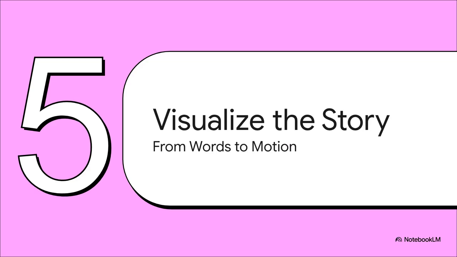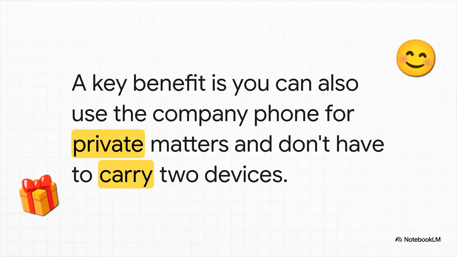All right, we have our theme, we have our hook, and we have our story. Now let's talk about the visuals. The key here is to communicate the feeling of the story using really nice cinematic stock footage and modern graphics. So for part 1, the perk, the visuals have to feel positive and aspirational. You know, think clean, bright shots. Somebody excitedly unboxing a new piece of tech. You want to capture that feeling of satisfaction, of getting a benefit.